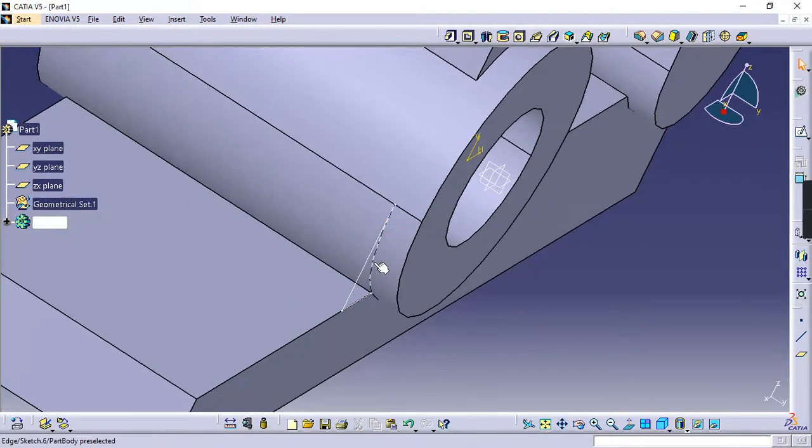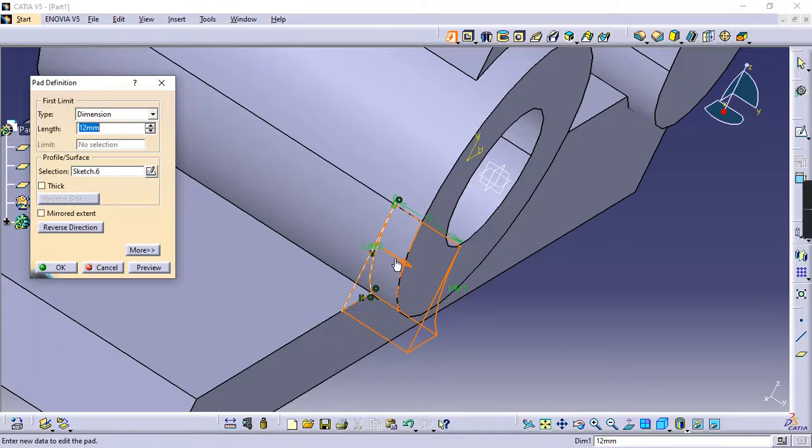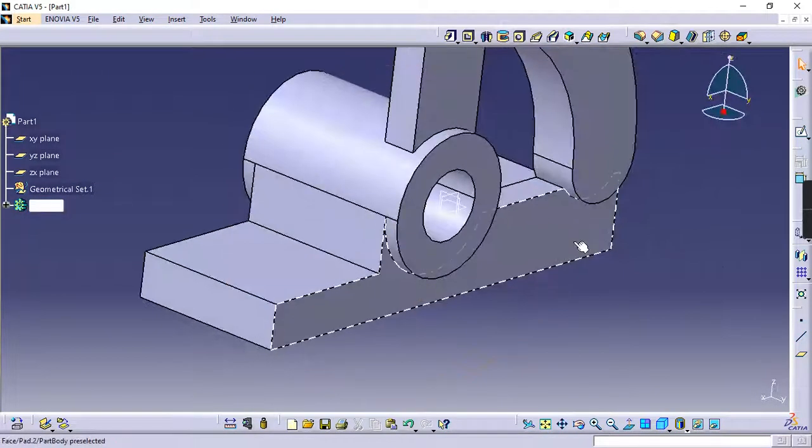I think an extra circle was here. Now it is a white spot. Pad, select this, reverse direction, and its pad is 56. So this will be added.